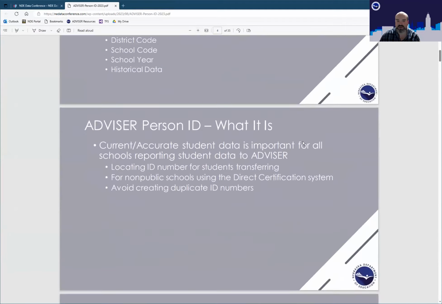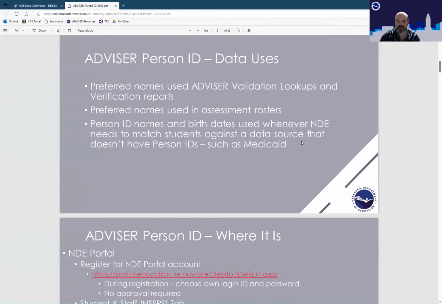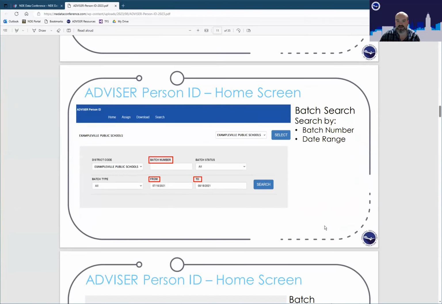And in the advisor person ID, I believe we did update that compared to the old version, just to make sure everything's current.